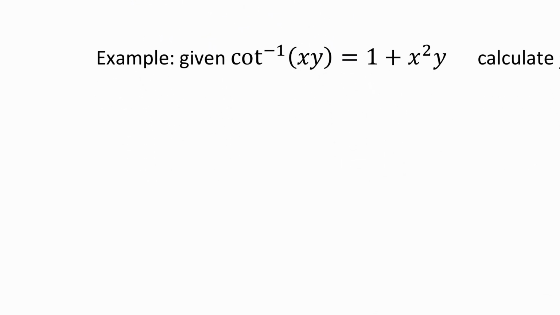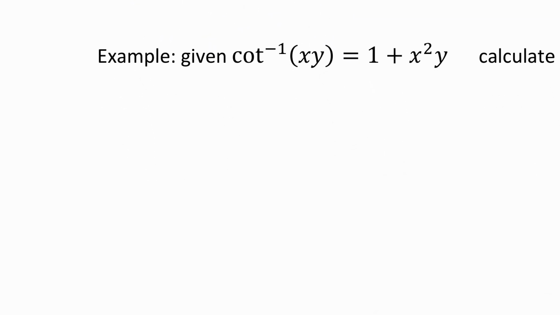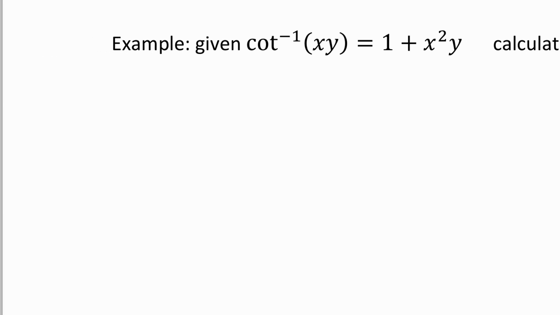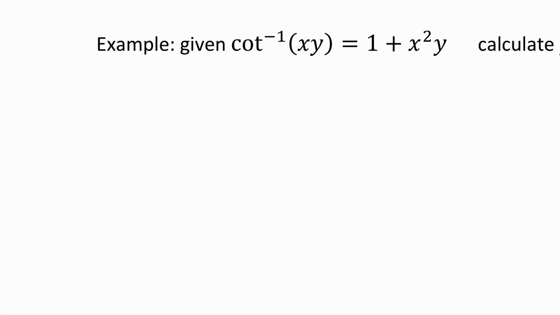We're going to do a question with implicit differentiation. We're given cotan inverse of xy equals 1 plus x squared y. We're going to calculate y prime, in other words, the derivative. Well, cotan inverse, we should start there. Negative 1 over 1 plus xy squared times